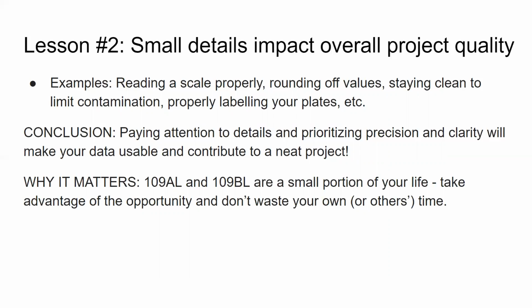And one example that I experienced in this class was we had some plates that weren't labeled properly, so we didn't know from what trial they were or what date they were. And this is really unfortunate because if they had grown nice colonies or nice clearings, that makes the data unusable because we don't know exactly where it's from and from what will isolate. And so paying attention to details and prioritizing precision and clarity is also important to make your data